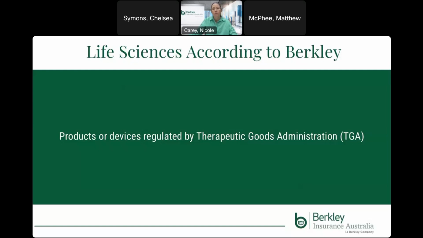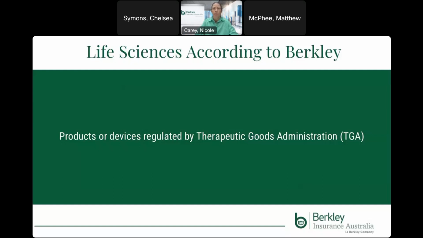So the Therapeutic Goods Administration, or the TGA, is the Australian government authority that's responsible for evaluating, assessing and monitoring products that are defined as therapeutic goods. And goods that are approved by the TGA are listed on the Australian Therapeutic Goods Register. So under our life sciences wording, we can cover therapeutic foods and products that are regulated by the TGA and